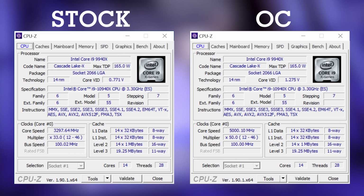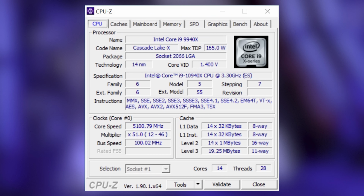A little bit about overclocking. Now with the i9-10940X, we were actually able to get this up to a solid 5 GHz. It did require a voltage of around 1.275, and anything lower actually caused a few problems with stability. We were able to get it up to 5.1 GHz and even just a little bit beyond that, but it did require 1.4 volts, and by doing this, it meant that the temperatures literally skyrocketed to around 107, 108 degrees